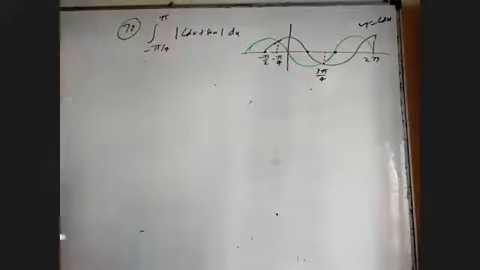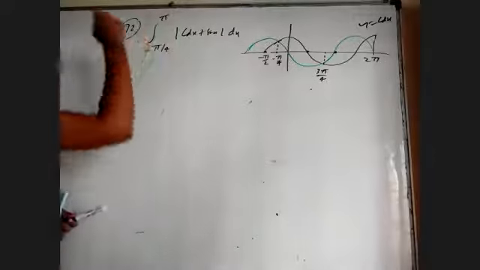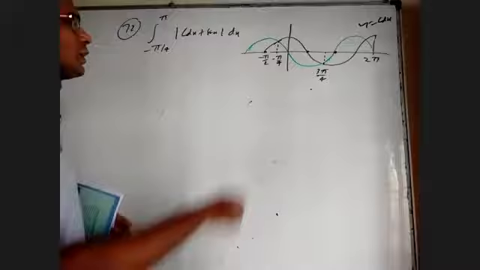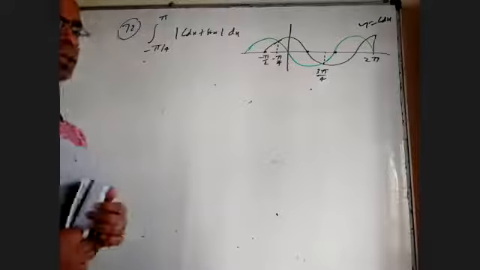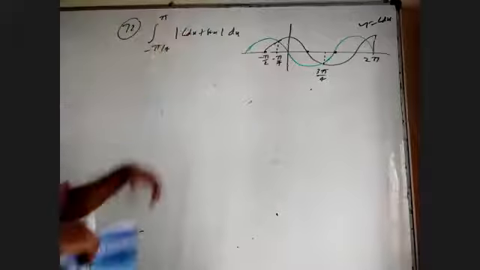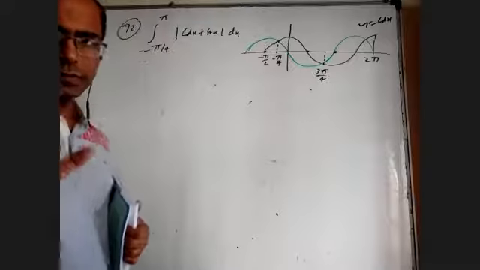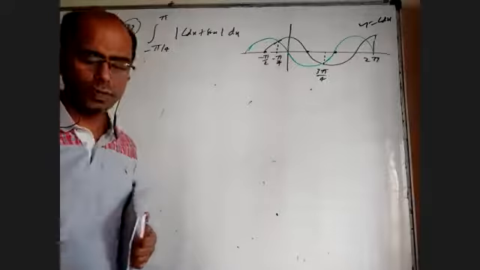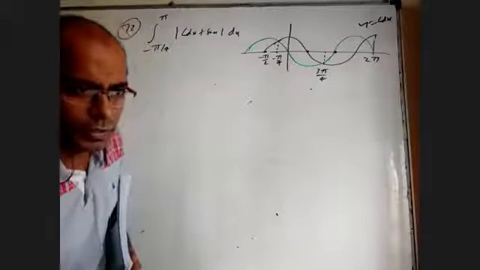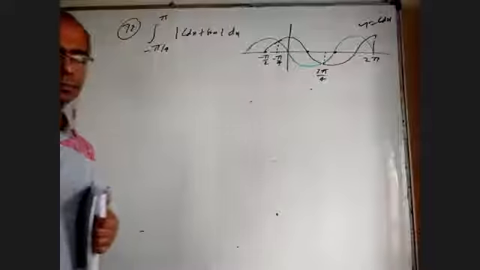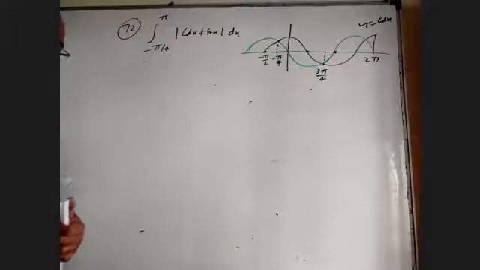Okay. So in minus pi by 4 to pi, where it is 0, clearly we break the integral there, that is at 3 pi by 4. Because at 3 pi by 4, this is negative, this is positive, it becomes 0. So obviously I have to break. Whenever mod is there, I already said, wherever it becomes 0, you have to break the integral. And whenever the integer part is there, whenever the inside part becomes an integer, you have to break the integral there.